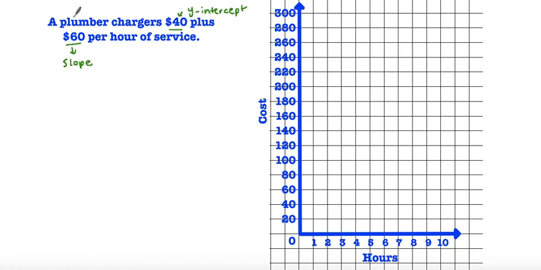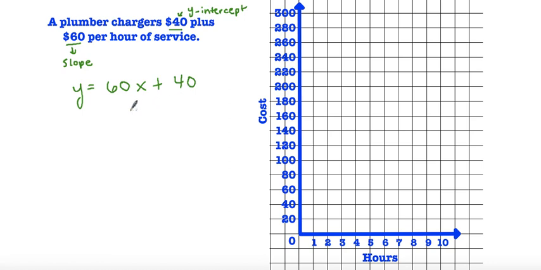And so if we're writing an equation in slope-intercept form, we're going to start off with y equals, and y in this case represents the cost, and then we have m, which is our slope, our $60 per hour. X, because we don't know the number of hours, plus $40 because that's our initial charge. So the 60 here represents the cost per hour, and the 40 here represents our y-intercept, so the charge before